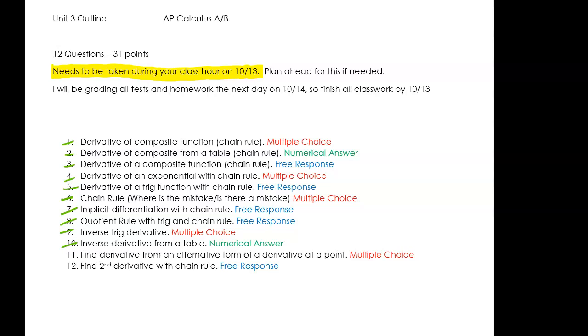Number 11. Oh, you know what? Number 11 is actually from Mondays as well. So you don't know how to do this one technically yet. I can give you an example of what number 11 would look like. Number 11 would look something like this. What time is it? 40? Okay, I'll be done after this.